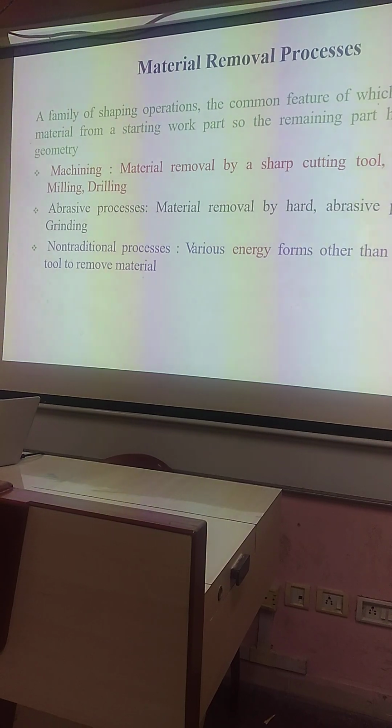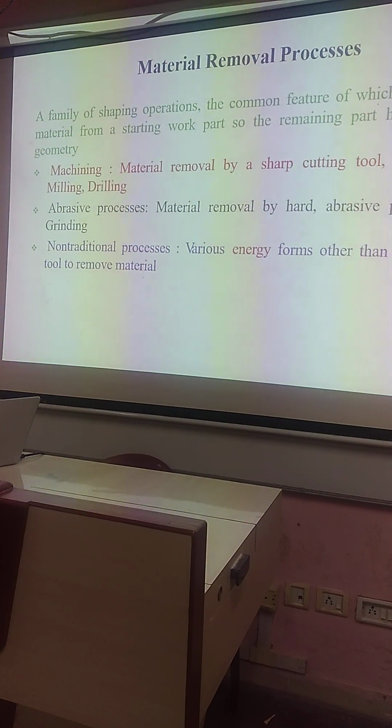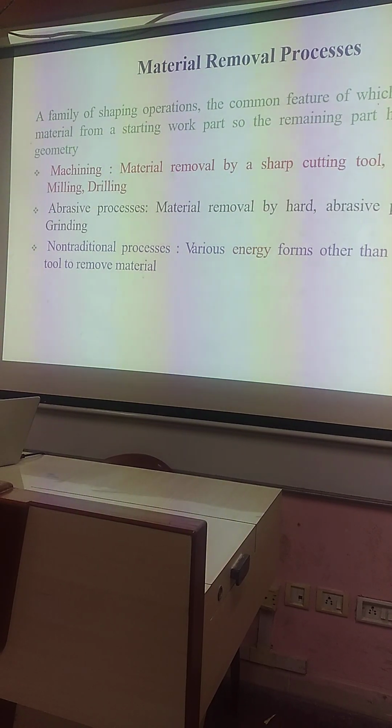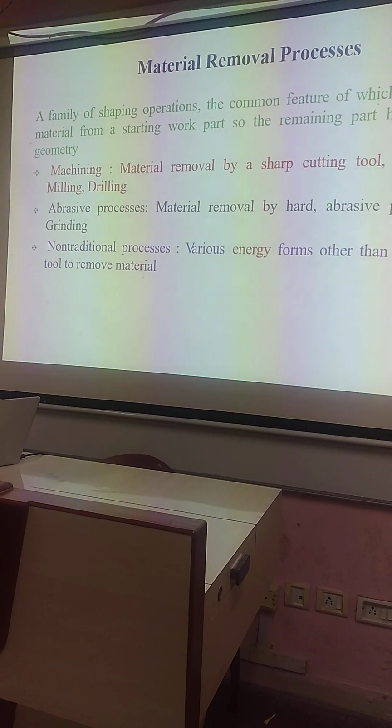In advanced machining like unconventional or non-traditional machining, there is another thing like spark. Spark is used for removing the material for generating the desired shape. Next one is the reverse of electroplating. That is the electrochemical process. In electroplating, we provide a layer on the material in an electrochemical process by using chemical